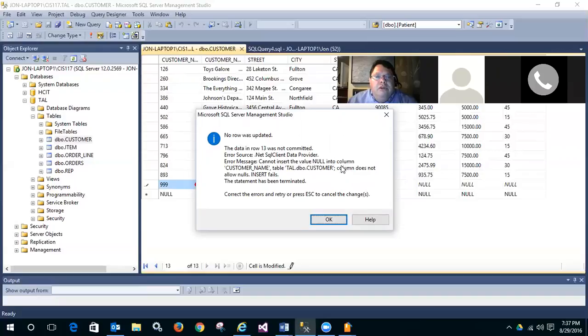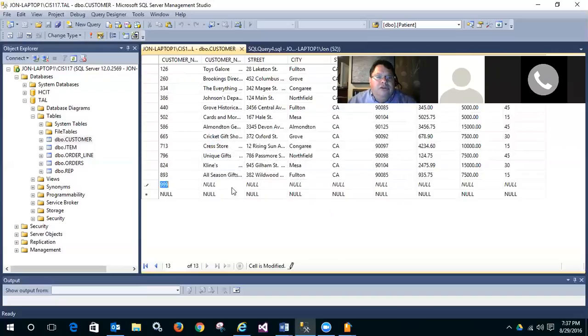Cannot insert the null value into the column customer name, it doesn't allow nulls on it. So there was a rule here that I have to have a customer name. Now, did they create the person that you can actually control that rule, right? That is exactly right. The only place that the rule is implicitly